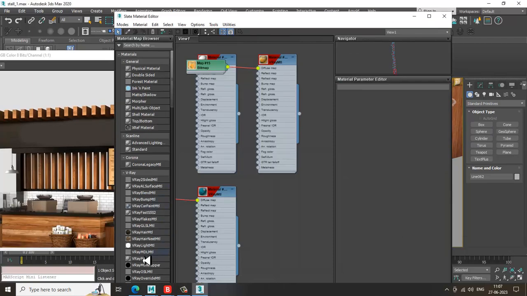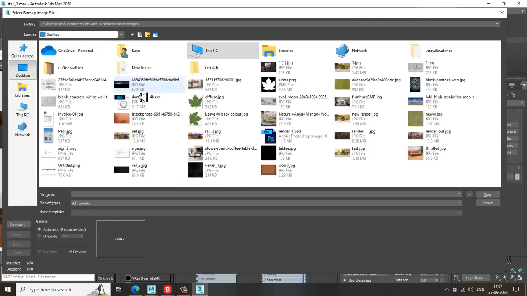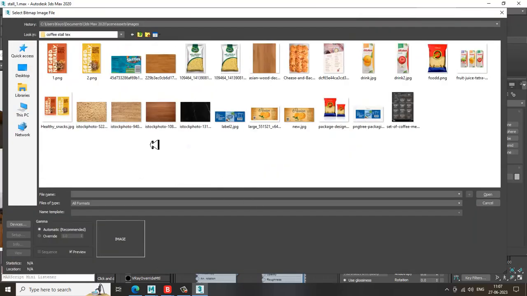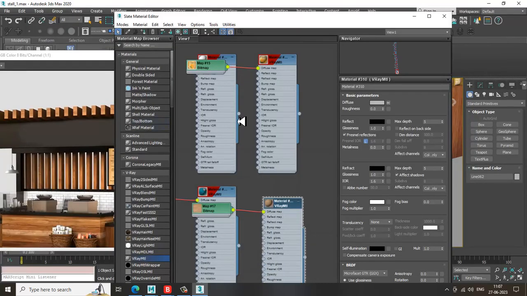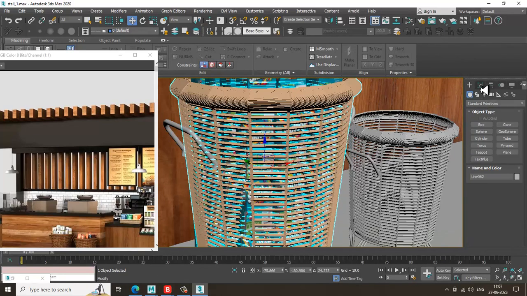So let's take a Vray material, go into that, and I'll just go into the diffuse, I'll go into the bitmap. I have a texture for it, so let's just assign a texture. So go over here and